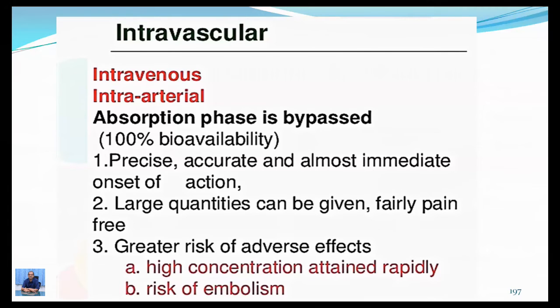Usually 90% of intravenous drugs should be administered very slowly so that they do not cause any adverse effects. And if you suddenly push something, for example magnesium sulfate 10% solution, if it is administered very slowly, then it becomes a muscle relaxant. But if the same drug is administered a little fast, it is going to cause paralysis of the respiratory muscles, so it is going to cause death. So here the speed of the injection is also very, very important.